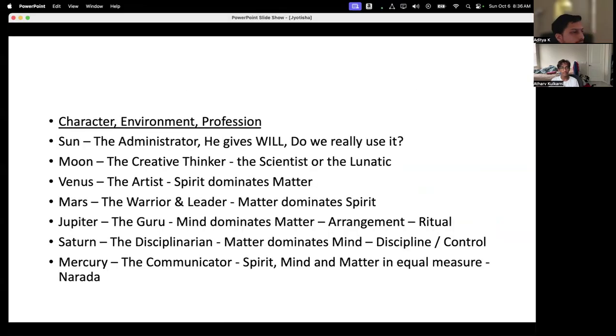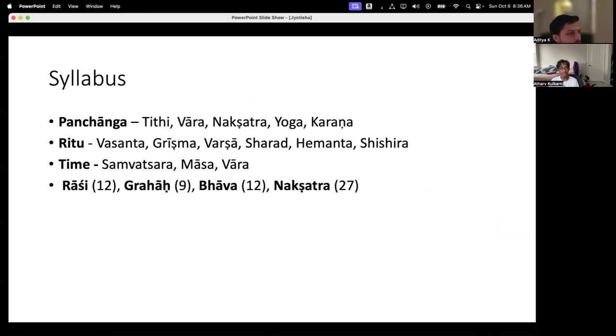Okay, so I was discussing the grahas. Before that, what we'll do is go through the basic syllabus, what you need to learn. Atar, my understanding is that you and Somesh will teach this to younger kids, right? I will briefly discuss the syllabus that you will need to learn to first be able to teach, because we have very few, 2 or 3 classes remaining that Sunita Bhagini was telling me about.